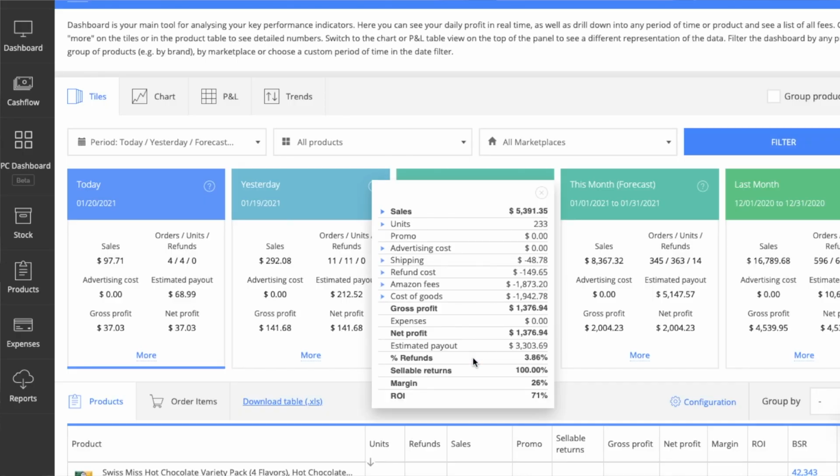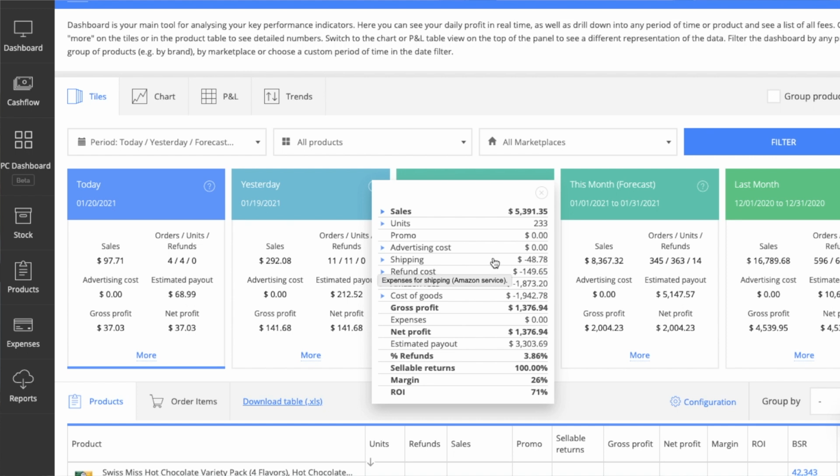The other reason I like it is because you can see very quickly here your sales. So this is my sales for this month. I've sold 233 things. I don't think it's processed the shipment that I did last week because I have $94 on shipping. Any refunds, the Amazon cost of goods. So this is what I paid at retail for them. The profit I'm showing right now is $1,300. And then you can see here my ROI is 71% and my margin is 26%. Since I've been using Sellerboard for a few months, actually my profit margin is pretty much always around 25%. In December and November it did go up to 30, so that was cool.